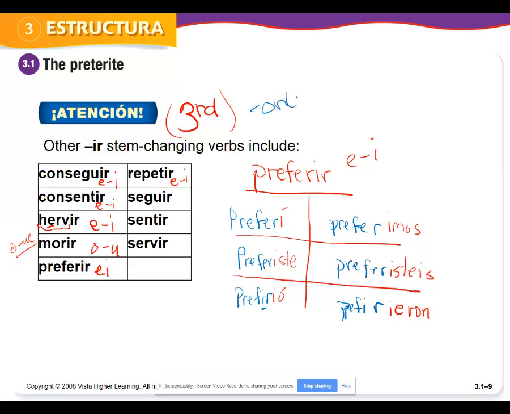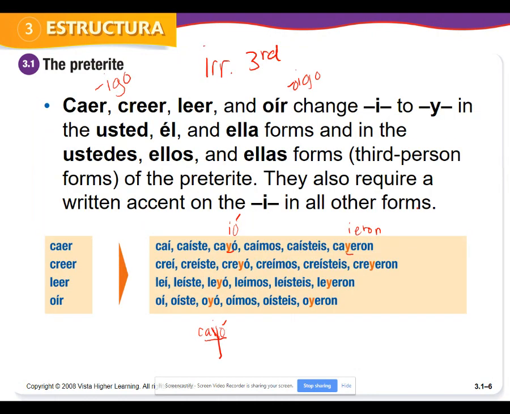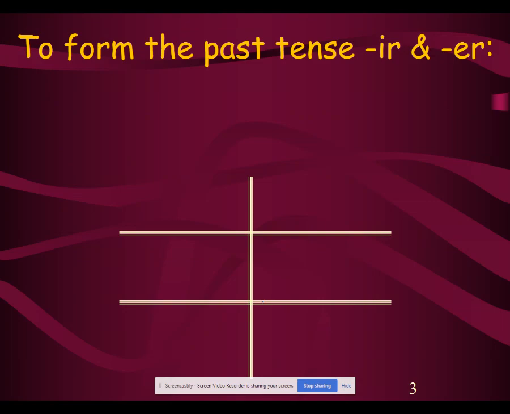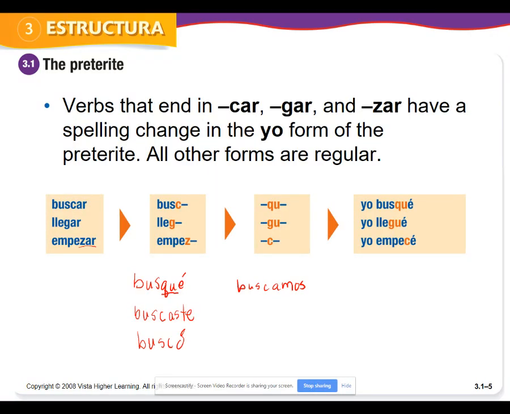All right, guys, so that's the end of this PowerPoint. Again, you covered stem changers. You covered irregular third person, irregular the yo form. And guys, I know that's a lot to take in because we spent so much time on these in Spanish 1 and the beginning part of Spanish 2, and you're getting all of it in a 5-minute PowerPoint.